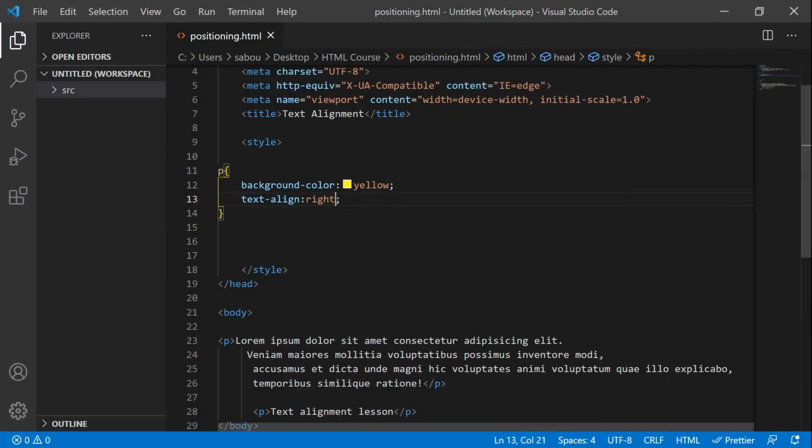All right, okay. Now there are two other properties that you can sometimes use in coding, or you can find them in other code, which are start and end. So what does start mean? Well, the start property tells the browser, I want to start my text from the start. And in our case, the start here is the left position. Okay, so here if we come back to our browser and we refresh like this,